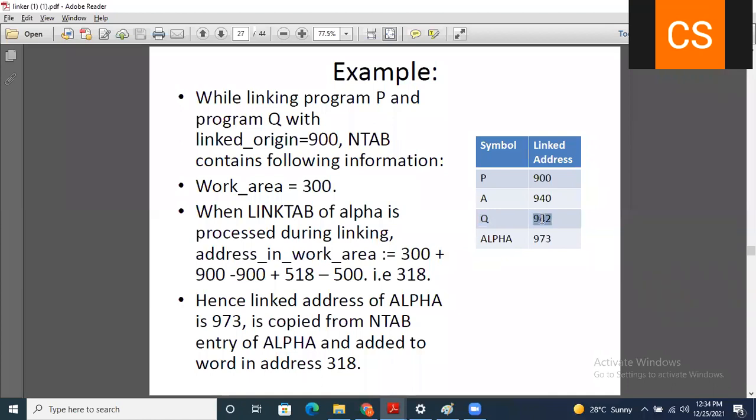मग Q प्रोग्राम तिथून स्टार्ट झाल्यानंतर तुमचे ऍड्रेस पण Q प्रोग्राम साठी त्यानुसार ट्रान्सलेट होतील. And in that case for the alpha 973 will be calculated. Okay, 973 हा address calculation होईल for the alpha and that will be reflected for the position for the instruction alpha. Okay, so जर assemblerचा प्रोग्राम क्लिअर असेल तर या केसमध्ये लगेच सगळं तुम्हाला कॅल्क्युलेशन क्लिअर होईल. Okay, so this all calculation will be performed and it will be saved into the n tab.